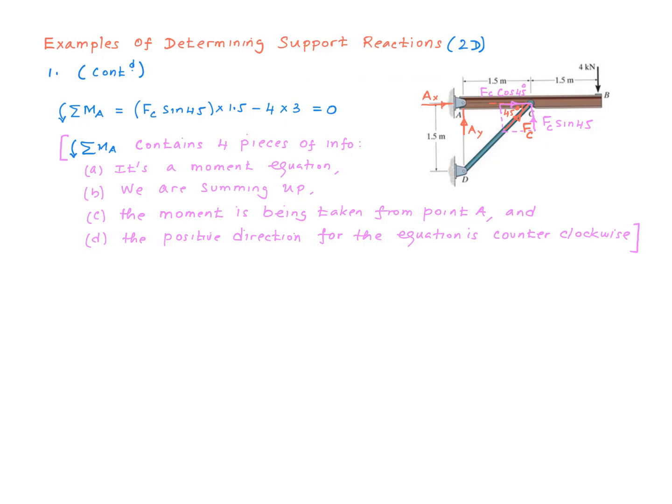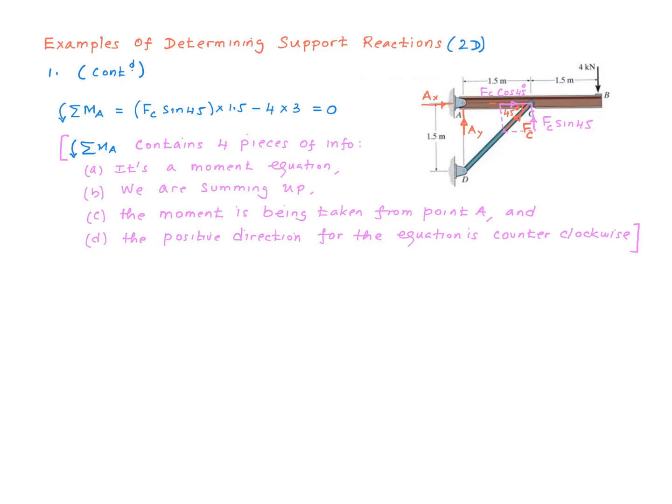So here is the term associated with FC sine 45. The force is FC sine 45, and the perpendicular distance to the line of action is 1.5 meters. Remember, this is the line of action, right? And this is the perpendicular distance from point A, which is 1.5 meters. And the direction of the moment associated with that force is counterclockwise about point A. So that matches the direction we have chosen for the equation, therefore I have a positive sign in front of